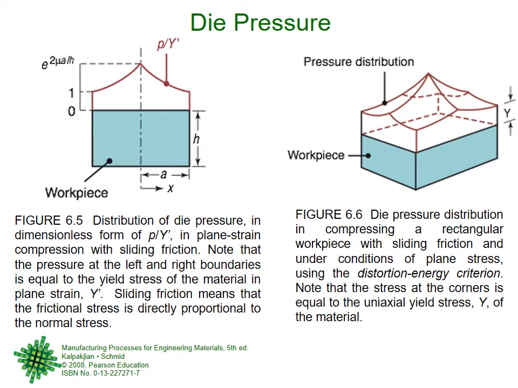But if you divide p upon Y, you just get a number. The dimension gets cancelled out. So now this is a dimension-free diagram. So this technique is done many times. If you divide it by Y dash, which is a constant number, nothing much will happen. The shape of the diagram will remain exactly the same. Later on, whenever you want to find the exact value, whatever is the value here, multiplied by Y dash, you get pressure. So that we can always do, right?